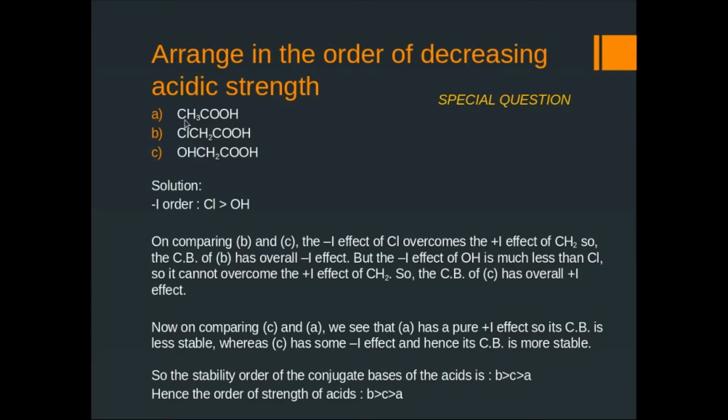Then, as usual, comes acetic acid, where CH3 shows the plus I effect, and the negative charge over oxygen increases, which leads to oxygen losing its stability. To gain its stability and electrical neutrality, it will try to maintain the OH bond, and for that reason the hydrogen ion will be furnished the least compared to the other two. So the order is this: B, then C, then A.